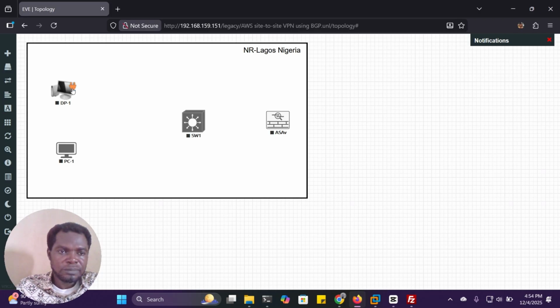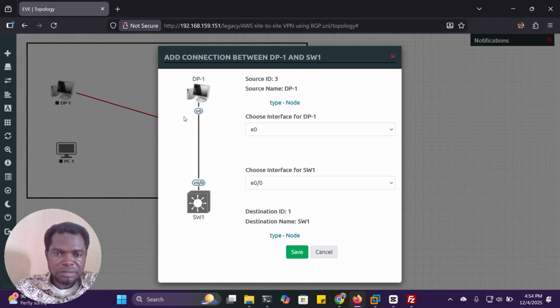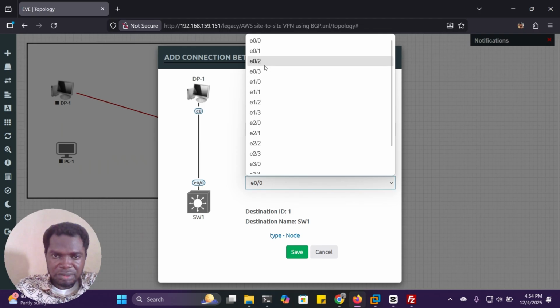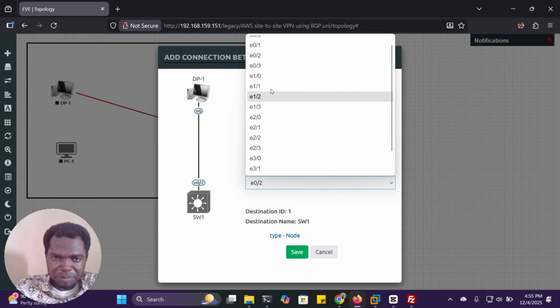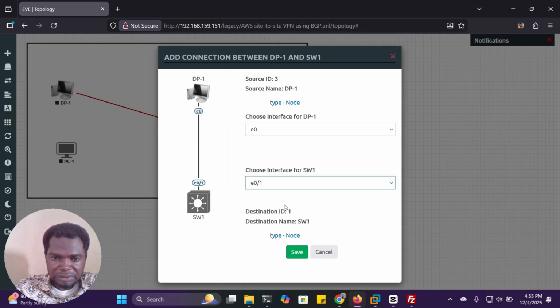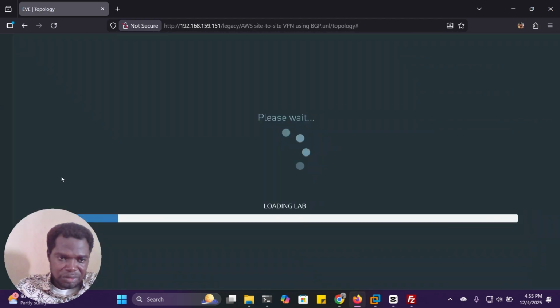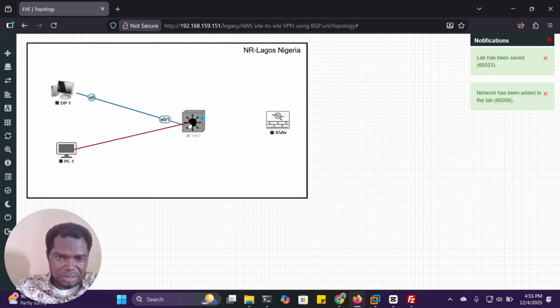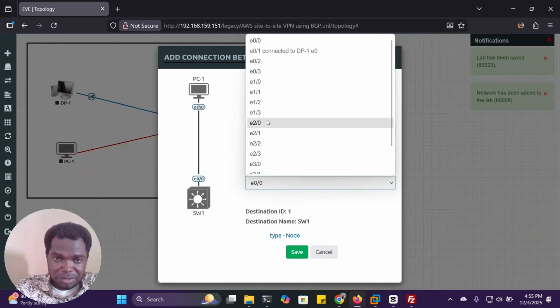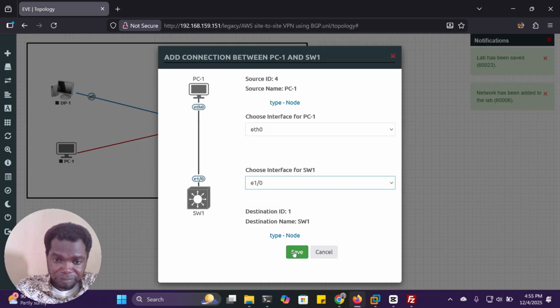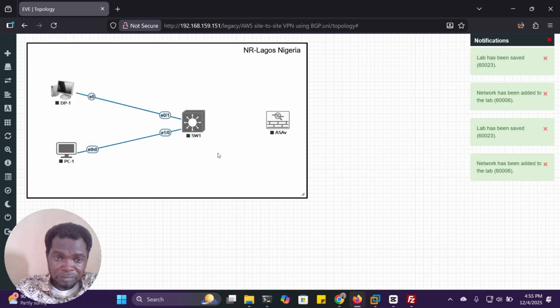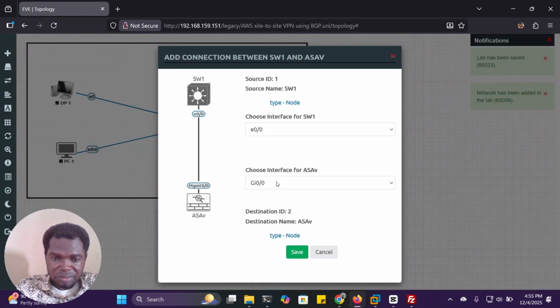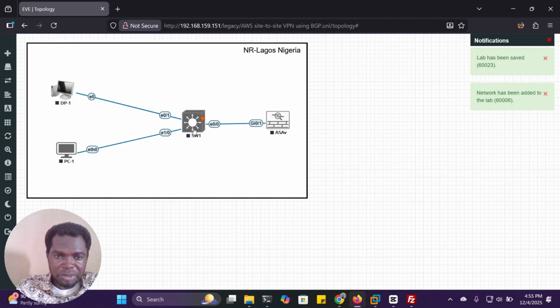So from here, I'll now link it. This one should be in 0/1, please. Okay. So put this one in 1/0, and our switch connects to our firewall. It should be okay.